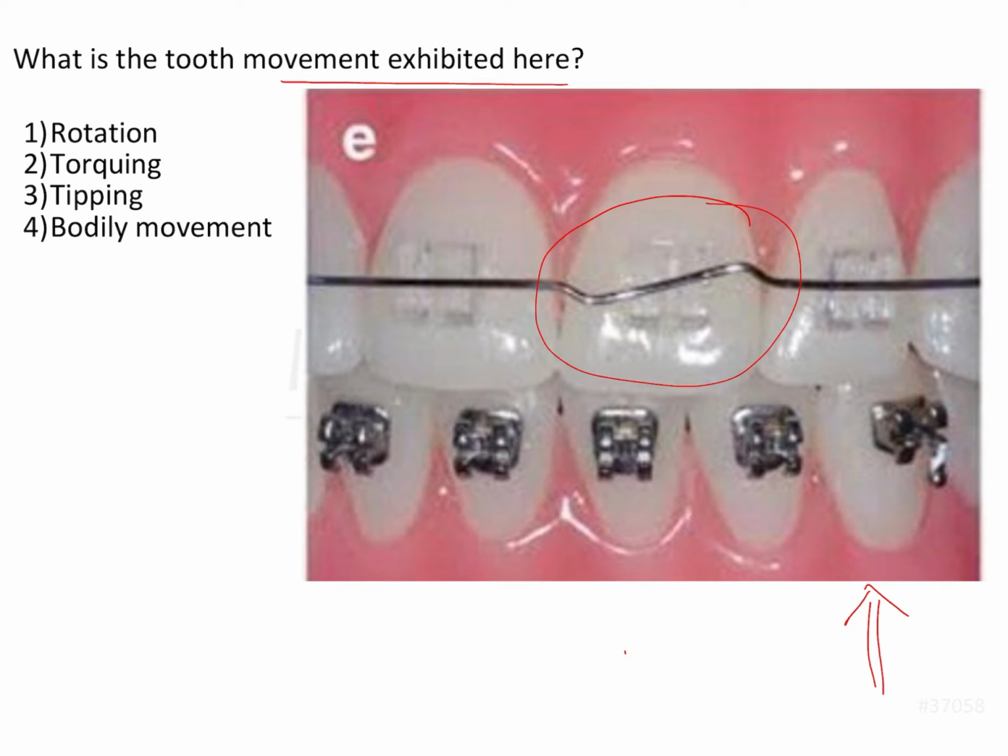Okay, so now these bends are no longer really used because most of the prescription is already in the bracket, which is why we have the straight wire appliance, and the modern or contemporary MBT prescription that we use already has the tip and torque values incorporated into the bracket. So most of the wire bending that was required initially for the standard edgewise is no longer required. However, some minor wire bendings are still given in order to bring about minor tooth position correction, especially during the finishing stages where you don't want to reposition the brackets. Okay, so individual tooth position corrections can still be done by giving bends in the wire.